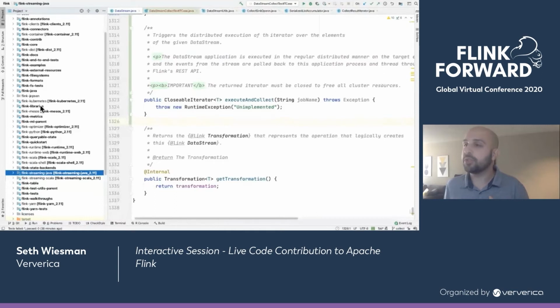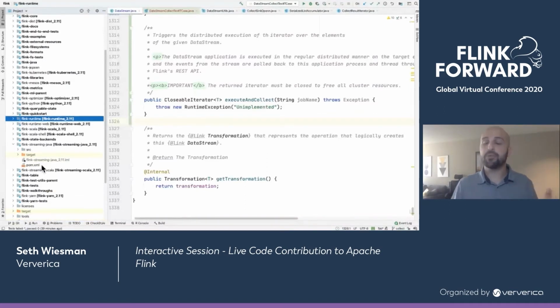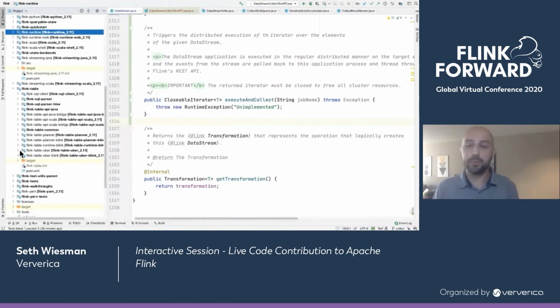And so just a general sense, right, we have Flink runtime that is maybe the core module. This is where the network stack lives, and our state backends and checkpointing and all those good things that really make Flink Flink. There is Flink streaming Java, which is the module you are likely most familiar with. This is the one you actually include in your POM file when you're going to write a data stream application. We also have things like Flink table, and this is where all of the table planners live, the SQL runtime, the parsers,